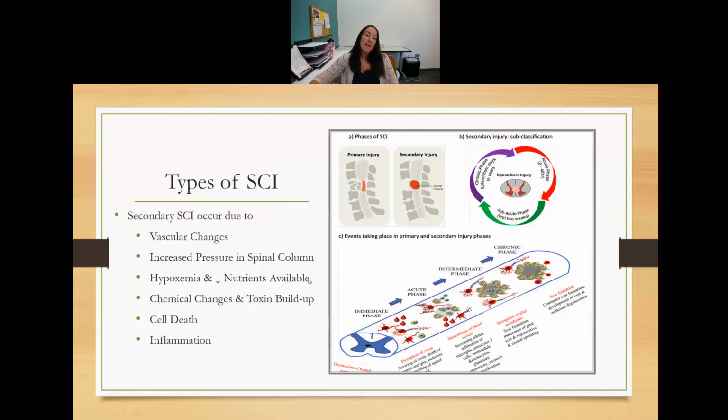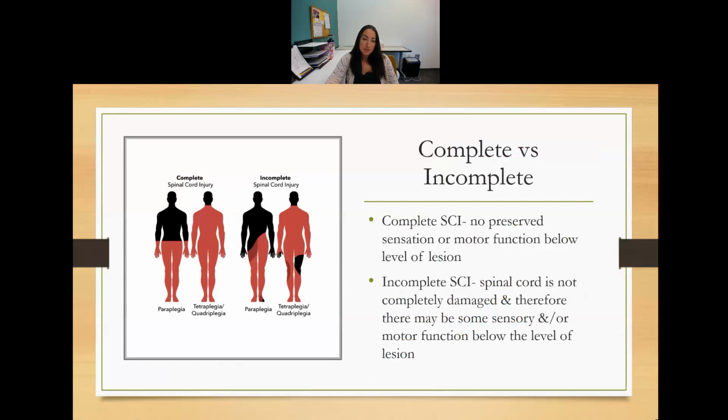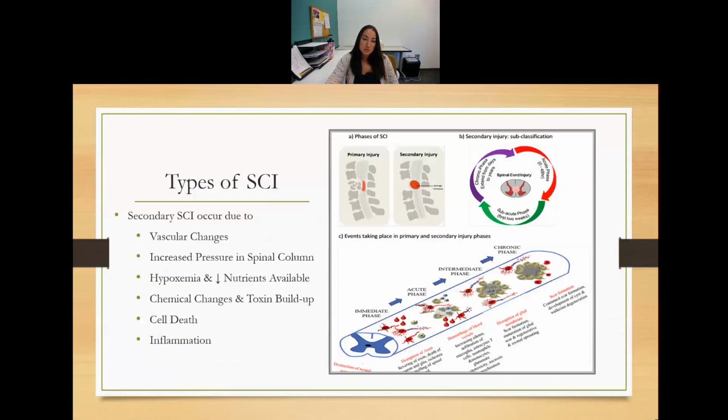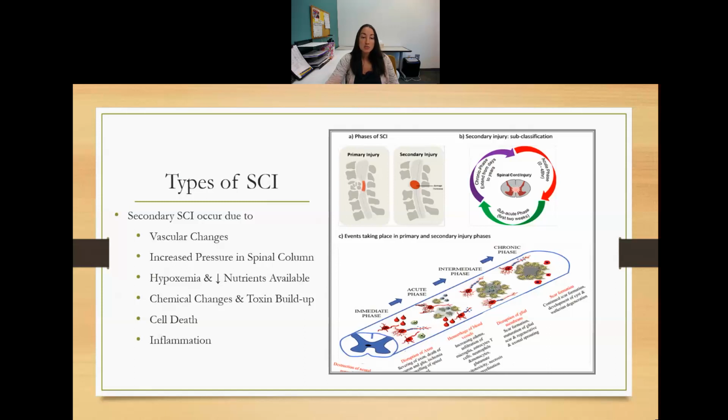Those are all primary. Those are primary injuries of exactly what occurred versus secondary injuries. With primary injuries, it's a direct impact, something traumatic caused the injury. Secondary injuries are caused by changes in the environment